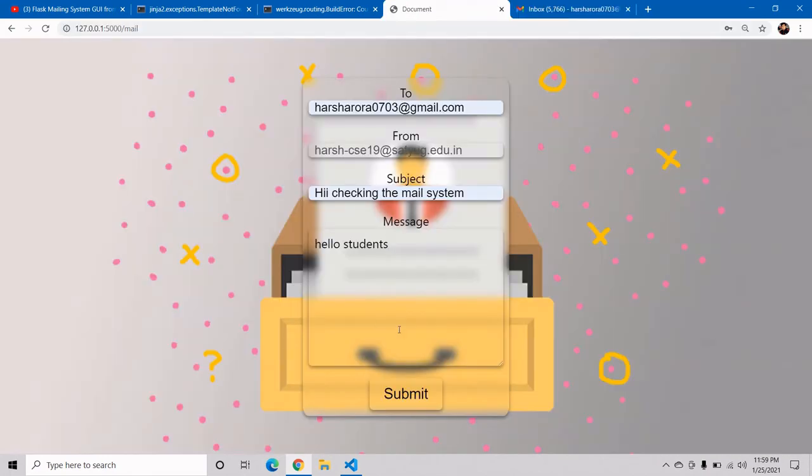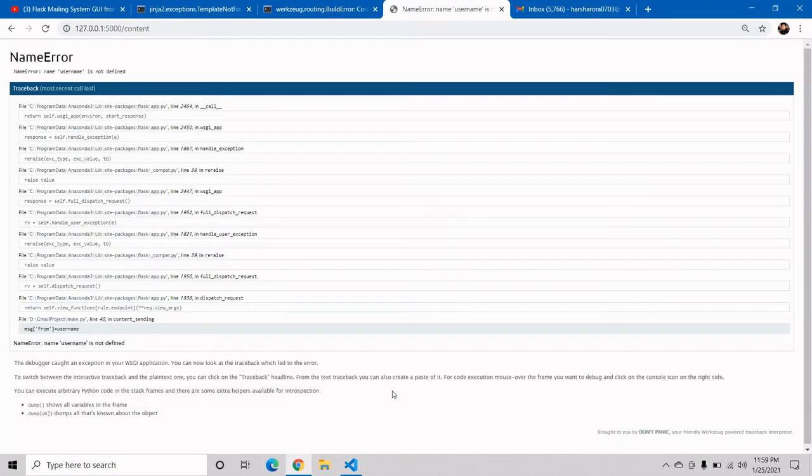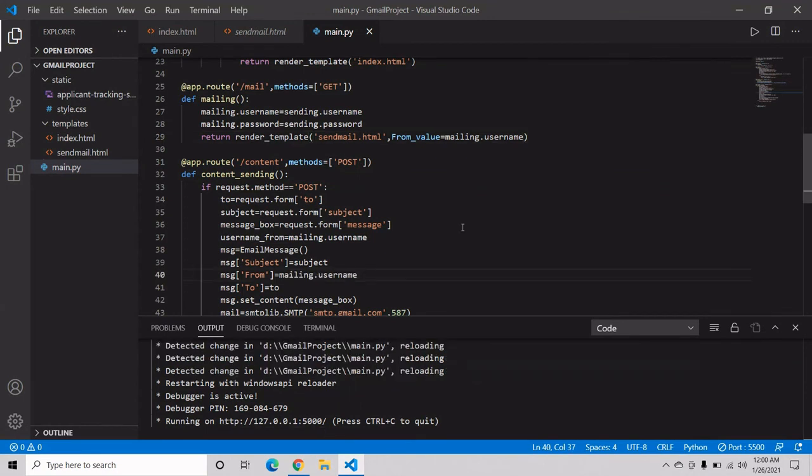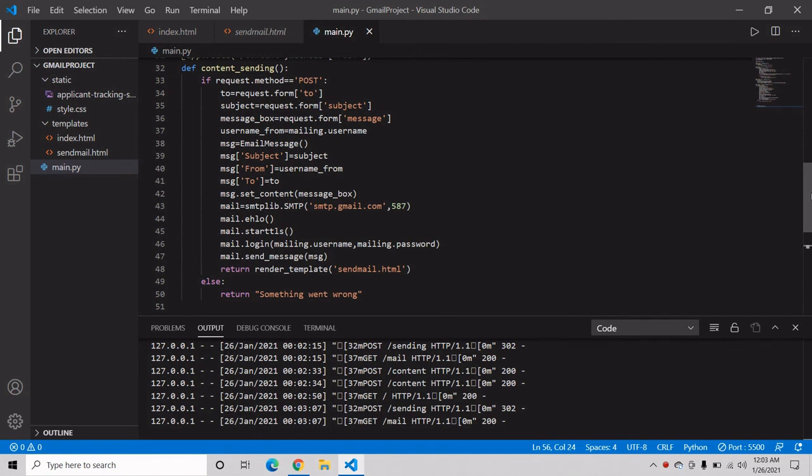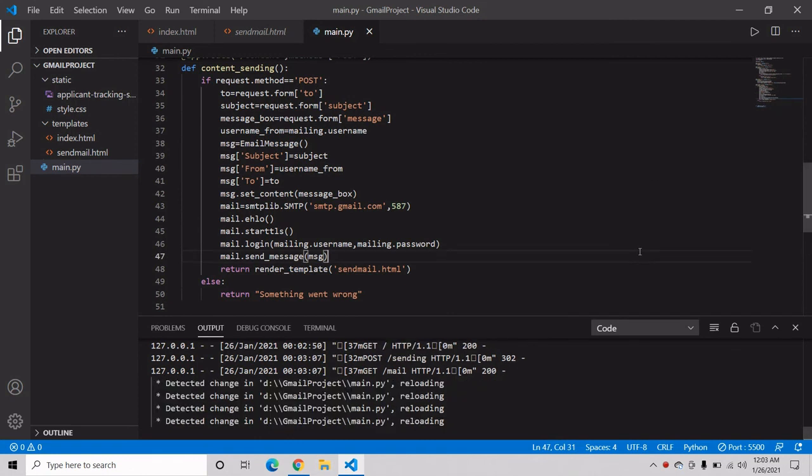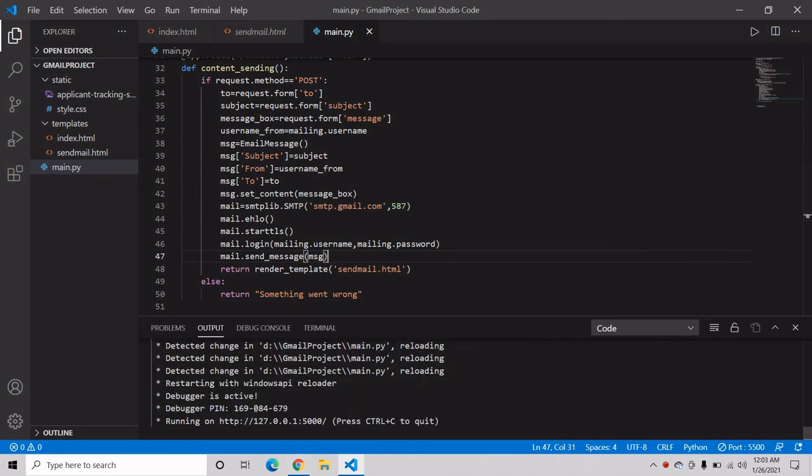Now see, there is also some problem. Message from username. Okay, it should not be mailing.username, it should be username from. Okay, my bad. Now our code is ready. Let's see if it is working or not. Now refresh it. Okay, now it's working.